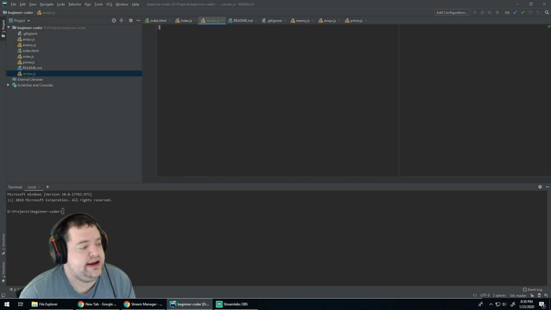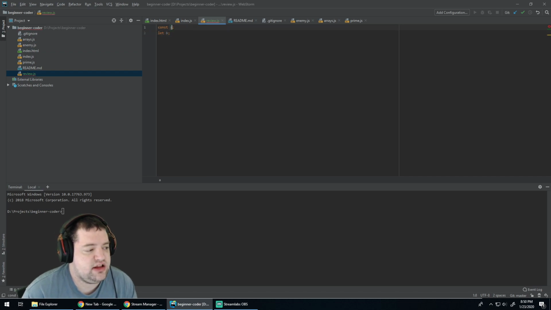We talked about variables, const and let, with the difference being that const, once declared, can't change, and let can change. And to start off with const, we talked about our basic data types, our strings, our numbers,